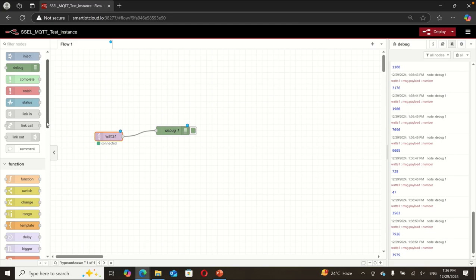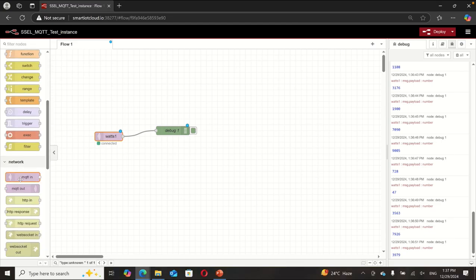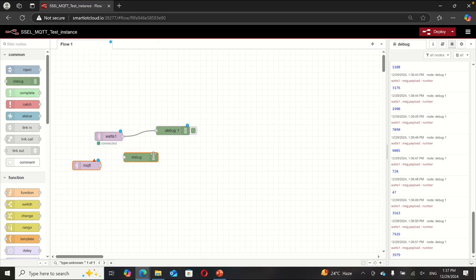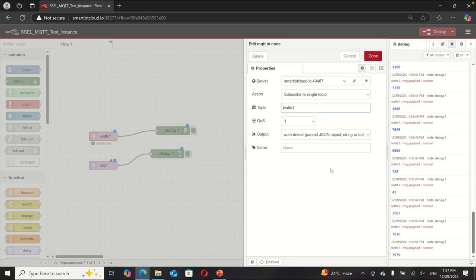So let's create another topic, because today is all about topic and MQTT. Let's create another MQTT topic. I drag it, I create another debug, connect it together. You see, it's not configured yet. I double click it. One is connected and one is not connected. See, here this is room 1. This could be in the same room. Two topics. So I say room 1 watts. And then I have another